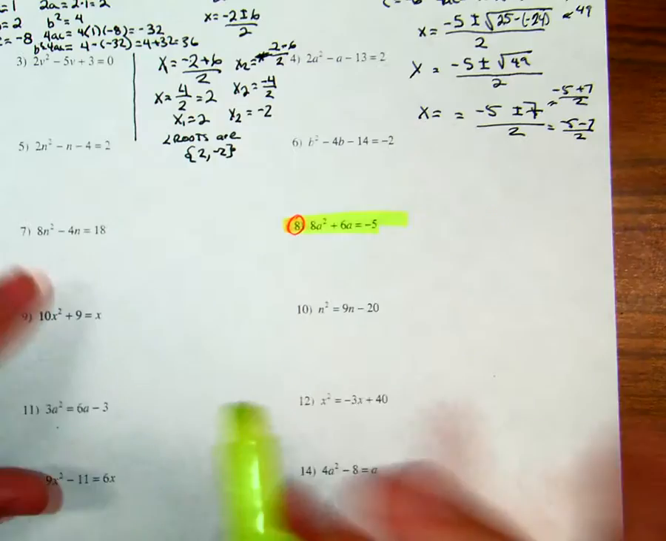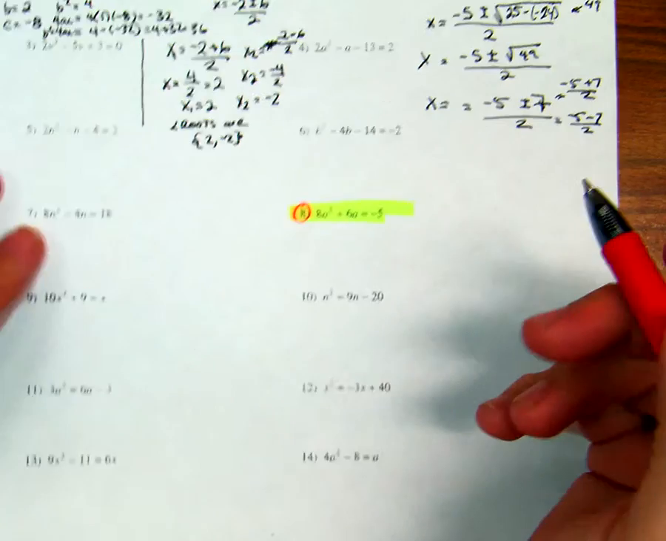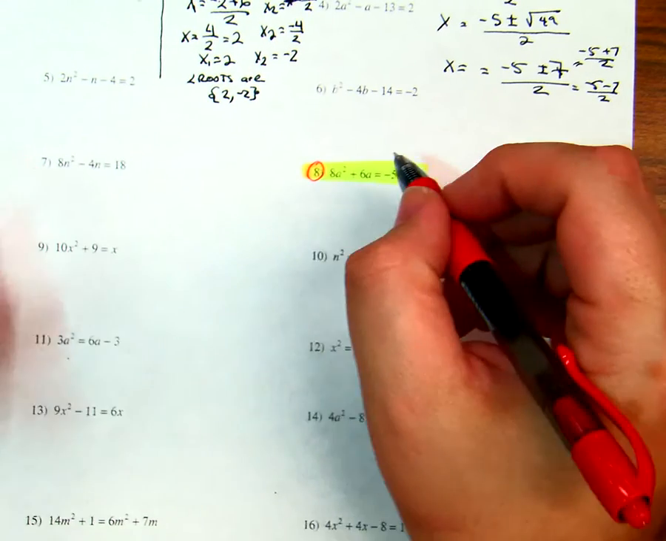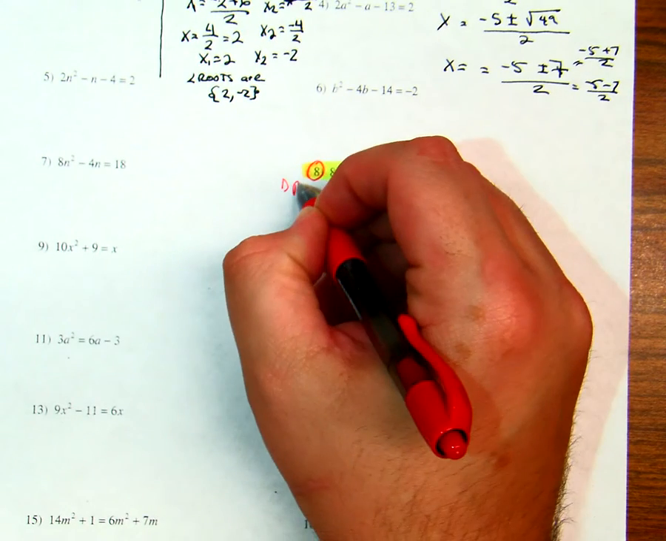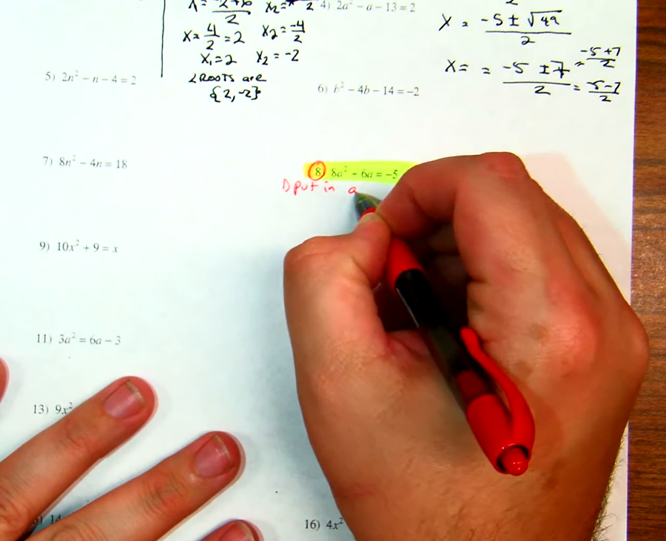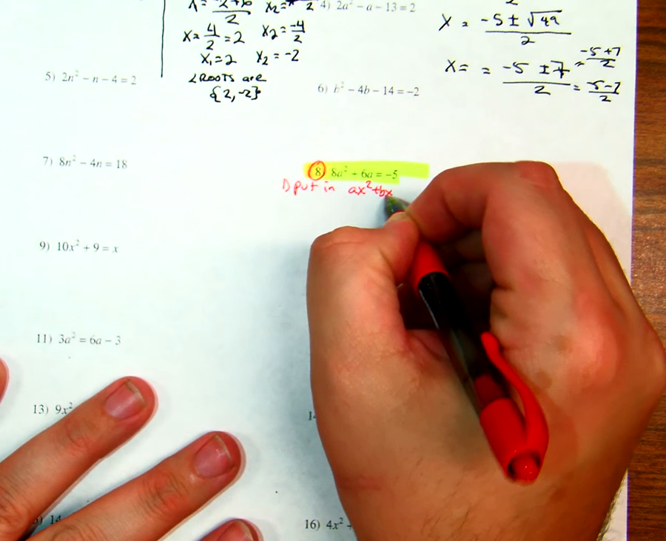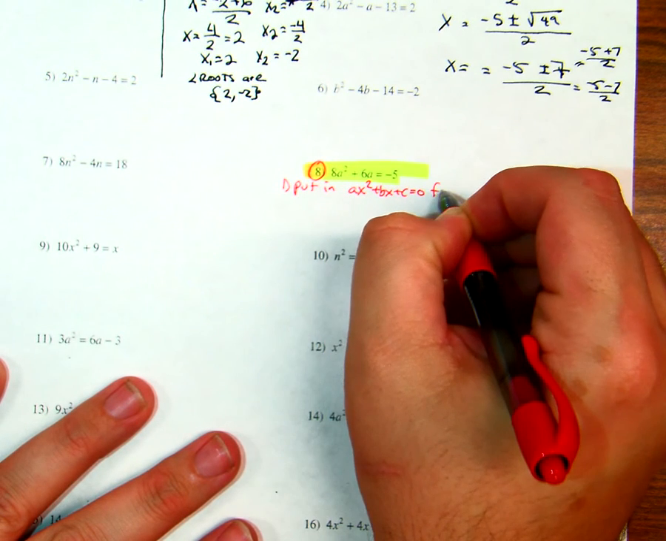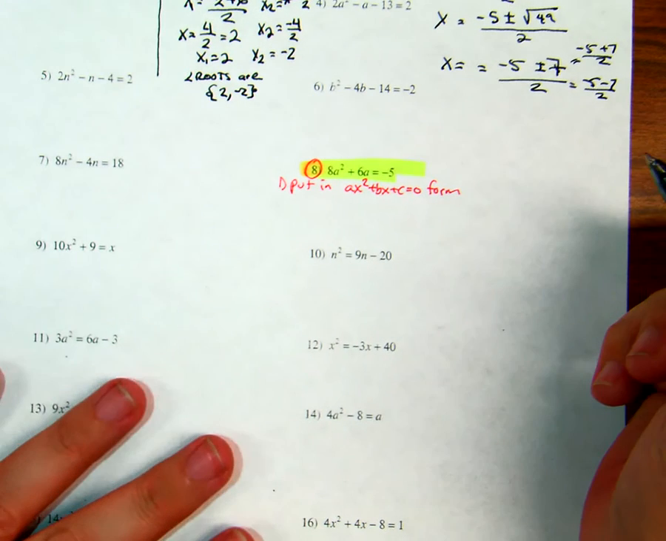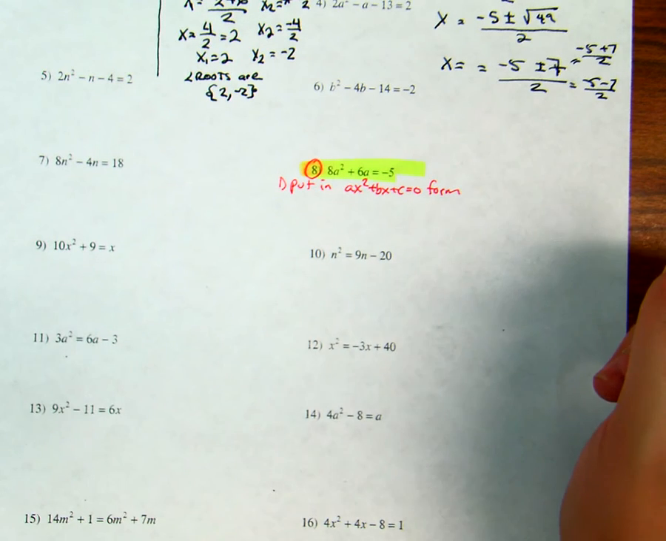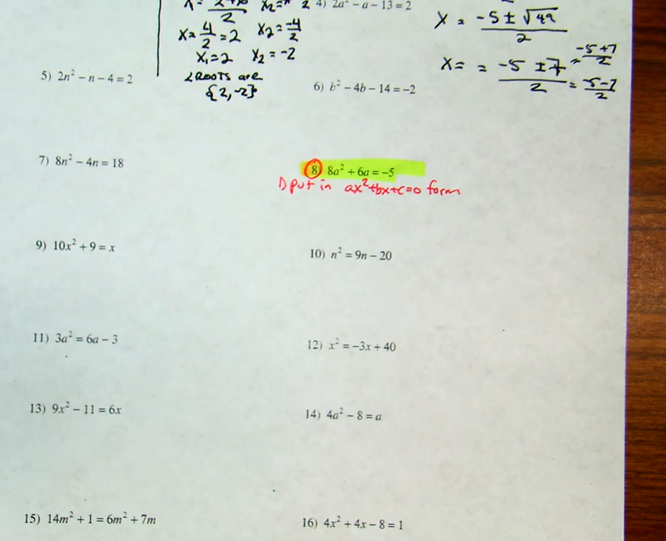Now, the first thing we want to do is put this in the proper form. And the proper form is ax squared